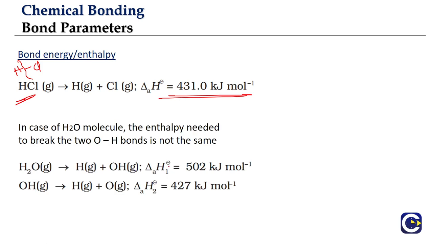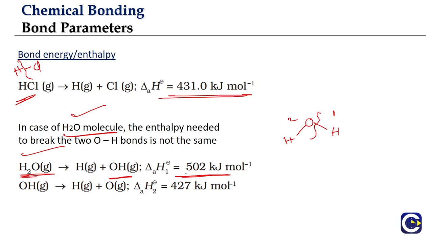Now when we have multiple bonds in a molecule, in the H2O molecule for example, we have two oxygen hydrogen bonds. Generally what is observed is the energy required to break them, so let us just number them for the sake of it. This is the first bond, this is the second bond. When we break one bond, what do we get? One hydrogen will come out and the remaining will be OH.